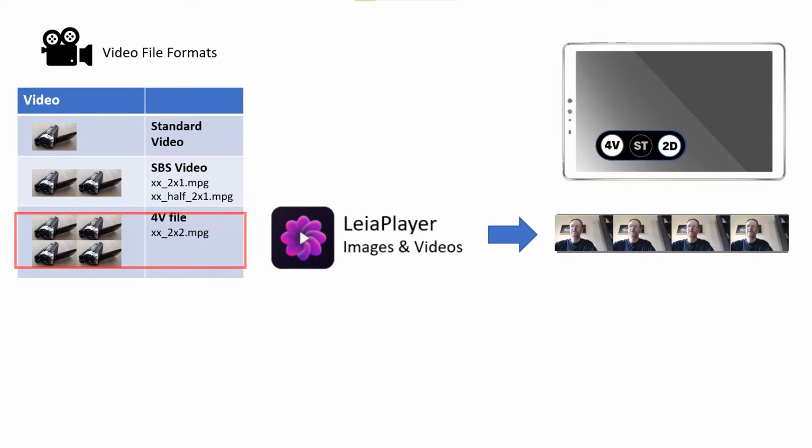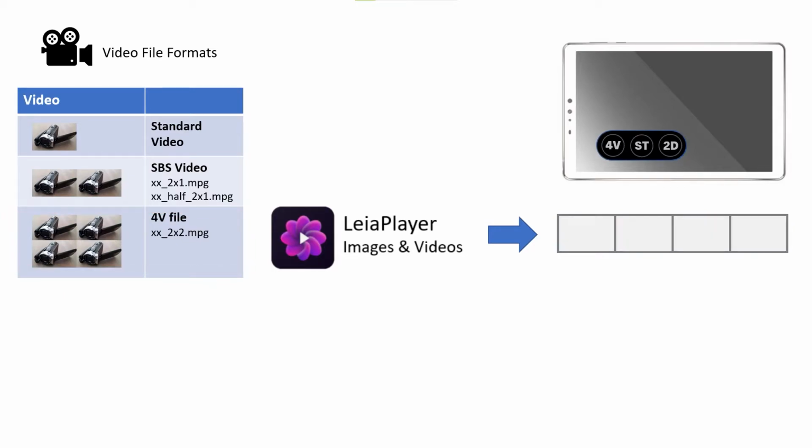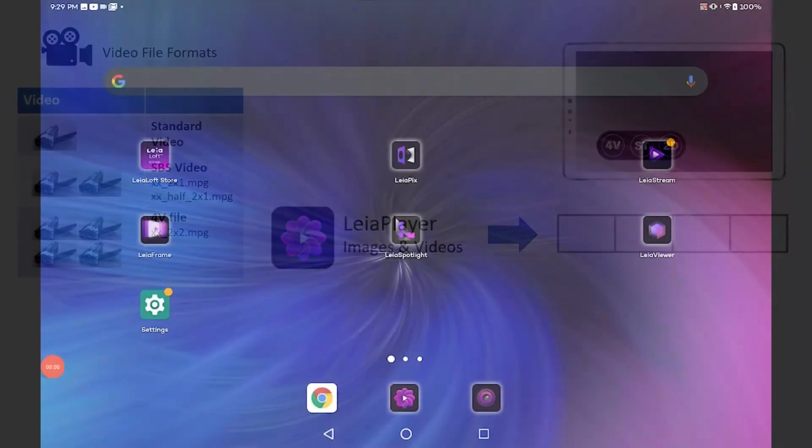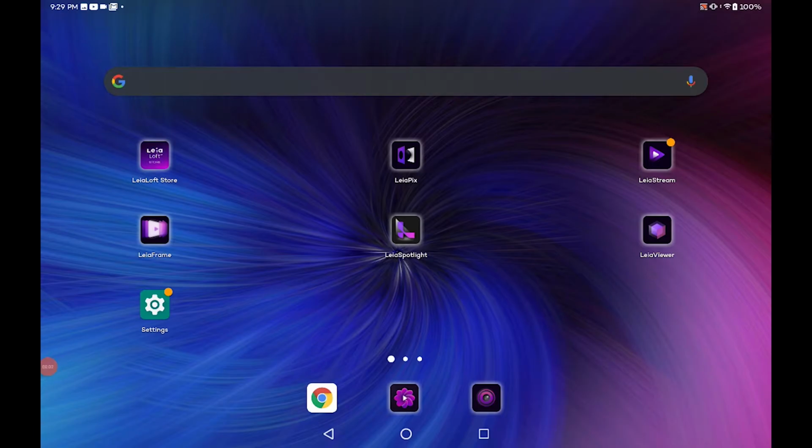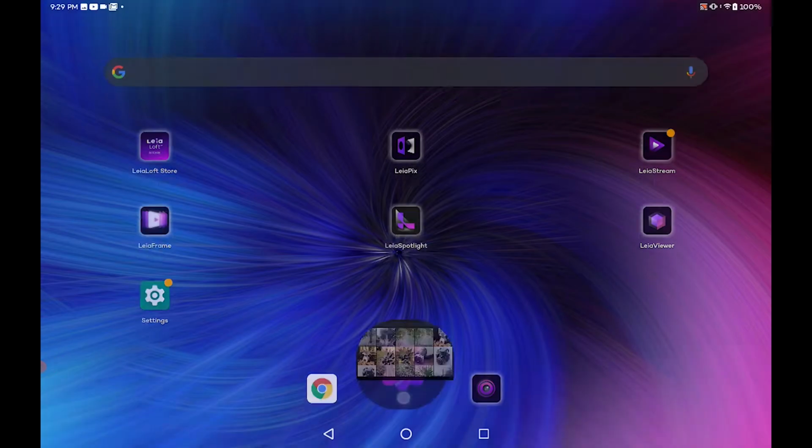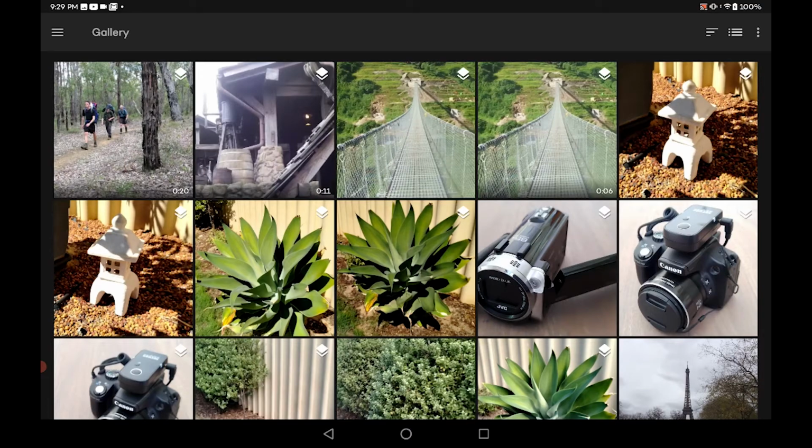Okay, so that covers all of the different file formats for the LeiaPlayer. Let's now go and actually have a look at the LeiaPlayer and see what it looks like. Okay, let's open up the LeiaPlayer. So here we are in